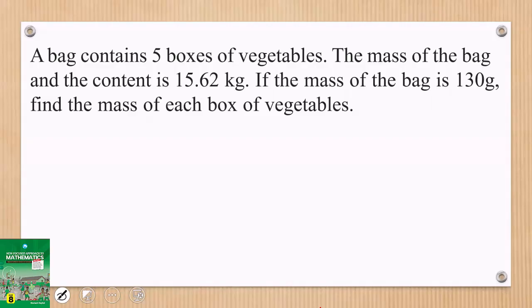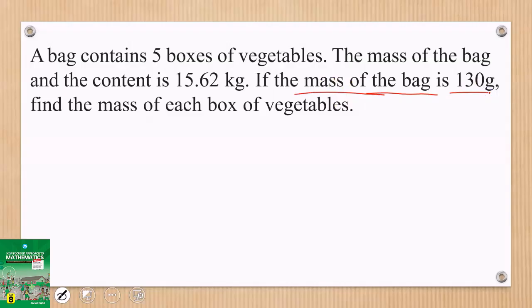Right. So let's analyze the question critically. A bag contains 5 boxes of vegetables. Okay, so the bag, a very huge one. There are boxes of vegetables inside the bag, 5 of them. The mass of the bag and the content, everything, is 15.62 kg. If the mass of the bag alone is 130 grams, they want to find the mass of each box